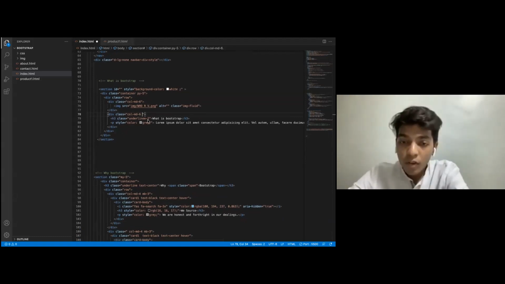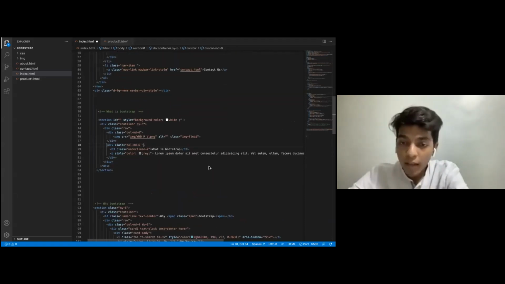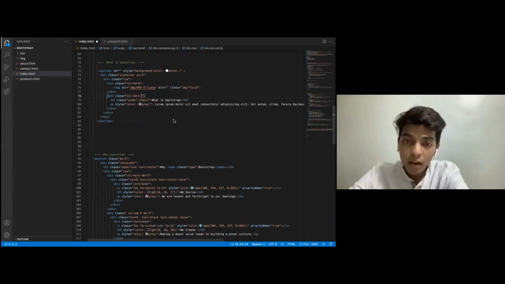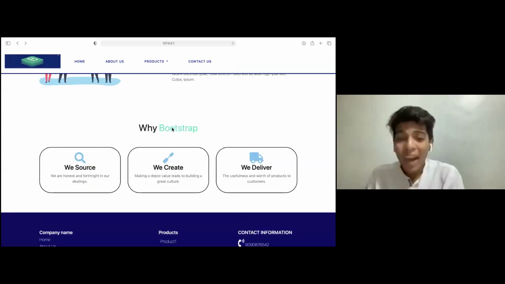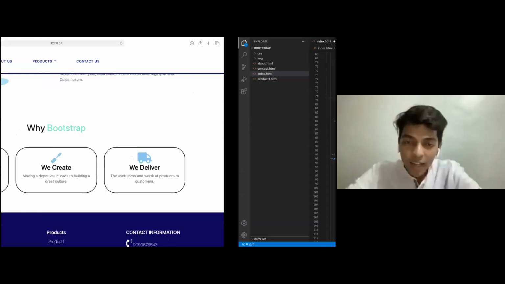Okay. So I'll first tell you why we use span, and then I'll run through the CSS. We use span because here you can see that Y and Bootstrap are of two different colors. If we want to assign two different colors to the same heading, we have to use span in this manner.